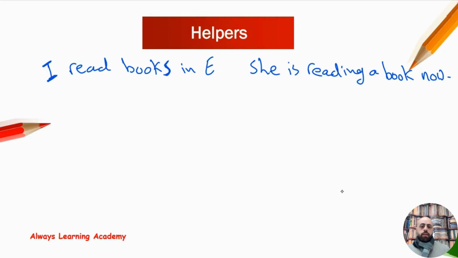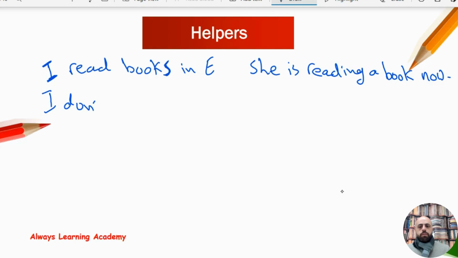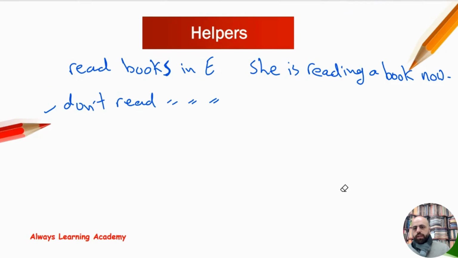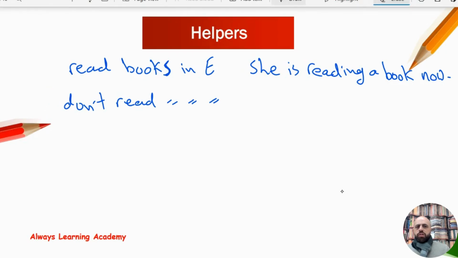I read books in English. How can we make it negative? We need verb do. So it will be I don't read books in English. Now, please notice if we change the subject, for example, if we make it he or she or it, what changes we will have? First of all, in the positive sentence of this, that she, it will be she reads books in English. So when we make it negative, we don't use do, instead we use does. So it will be she doesn't